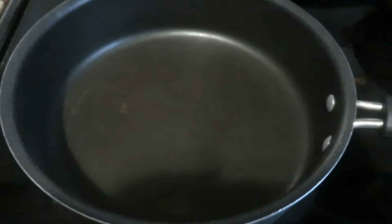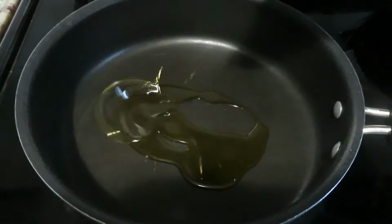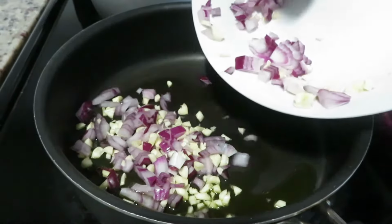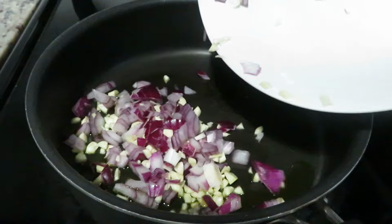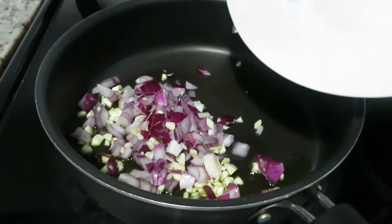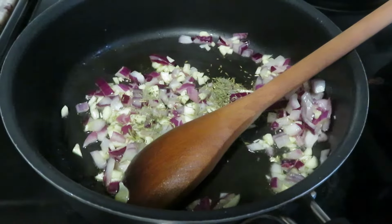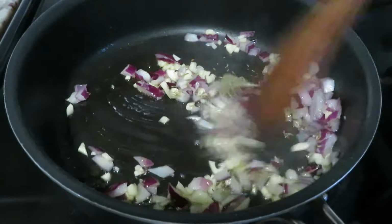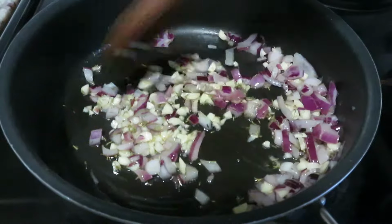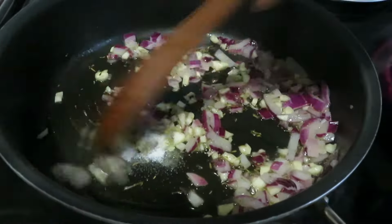Add a pan on medium heat. Now I'm adding 2 to 3 tablespoons of olive oil. Once the oil is hot enough, add the chopped onions and garlic to the pan. Now I'm adding half a teaspoon of thyme, one teaspoon of salt,